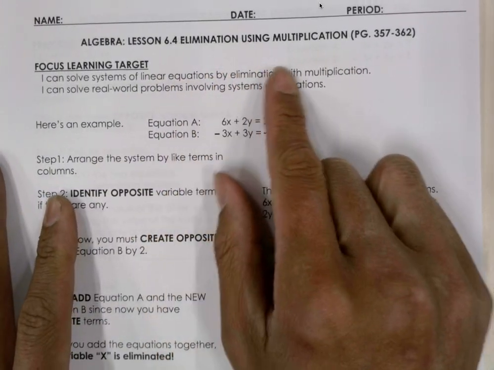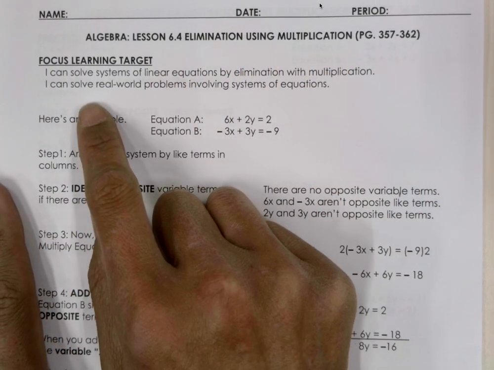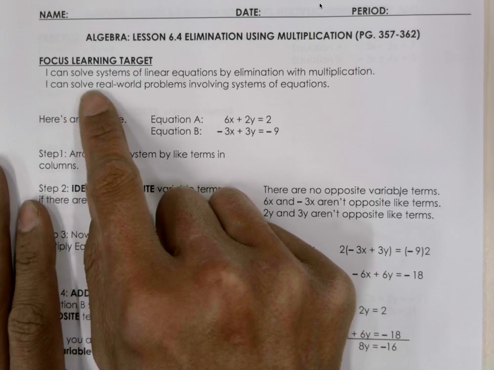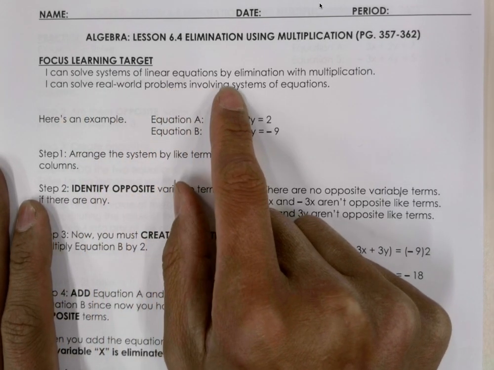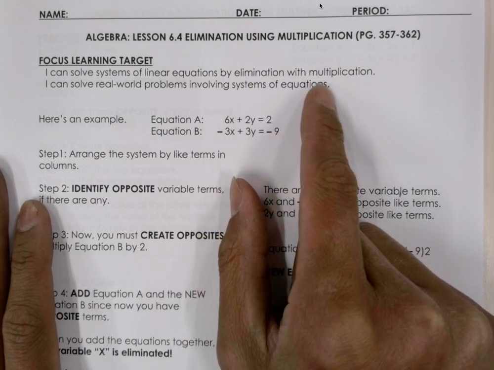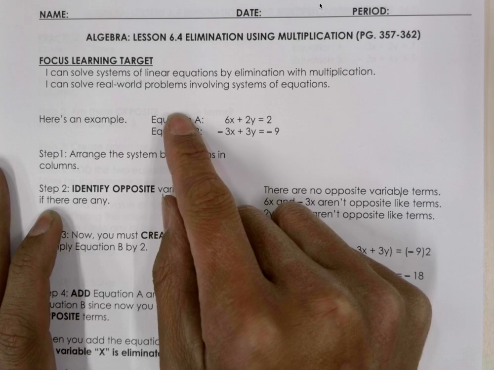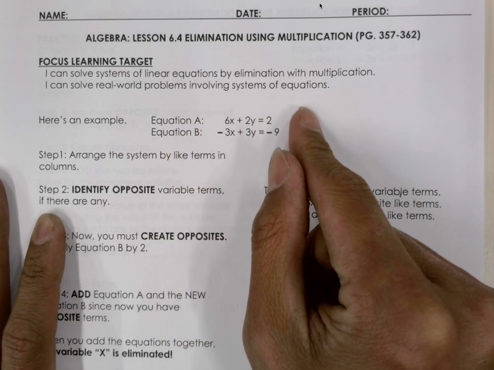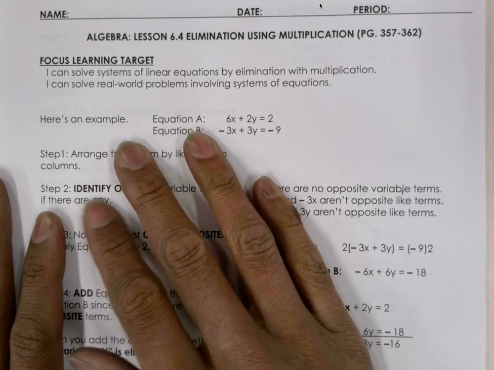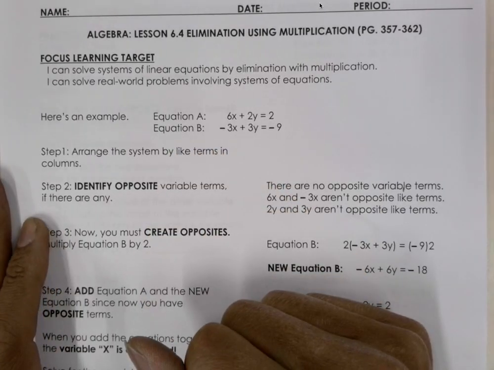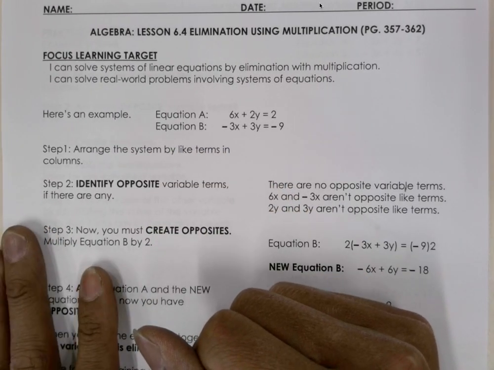6.4, elimination using multiplication. The focused learning target is I can solve systems of linear equations by elimination with multiplication. I can solve real-world problems involving systems of equations. So there's quite a few steps to solving these types of problems, and so let's go ahead and take a